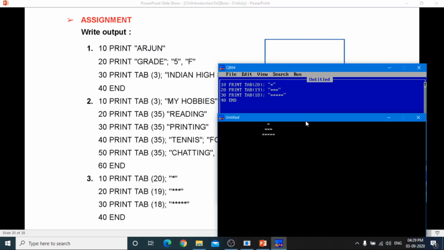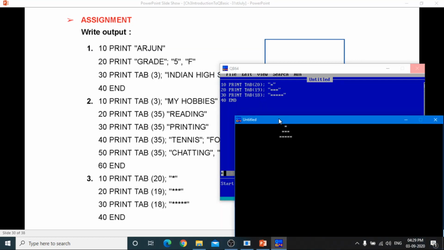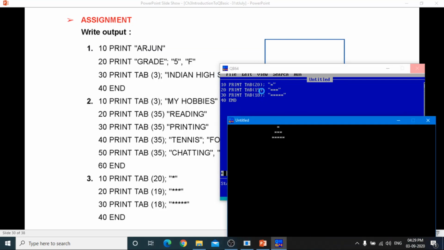Got the star? This is the pyramid of star. In first statement it is displayed at 20, in second one at 19 position, and in third it is displayed at 18. In first we have printed 1 star in between double quotes, in second line 3 stars, and in third line we have printed 5 stars in between double quotes. Now note down the output.